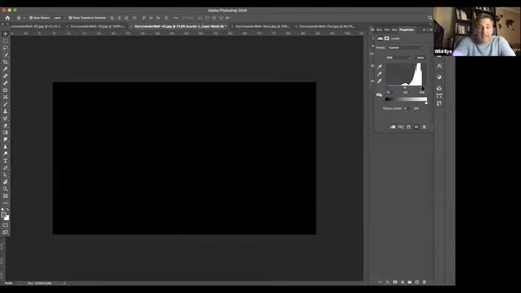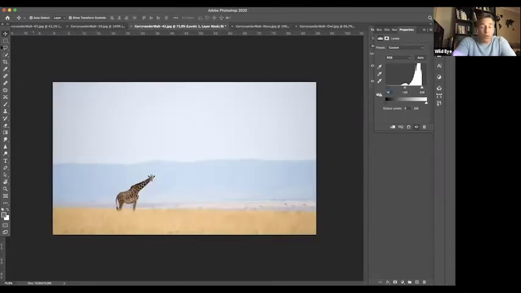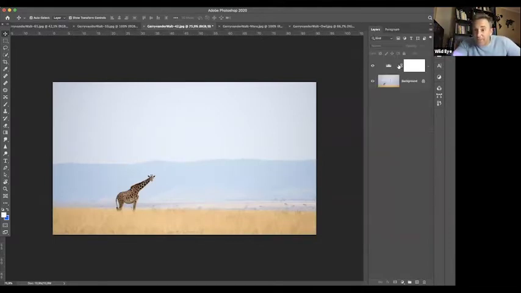There we go. And I release that. By doing those 2 adjustments, I've now set the black and the white point, same as in Lightroom. Watch, if I turn this adjustment layer off, this is the same as going before and after in Lightroom. Off and on. Can you guys see the difference there?